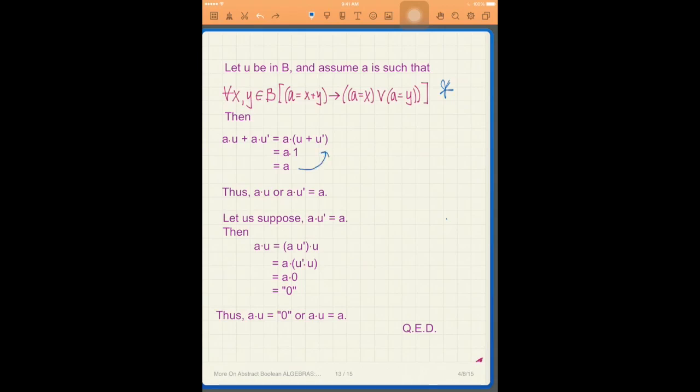So what I mean is you could start with A and say, well, what do I know A is? A is the same thing as A times 1, and that's the same thing as A times, you just use properties of Boolean algebras, the element U plus U complement, and then from there you could say, well, I know I can use the distributive